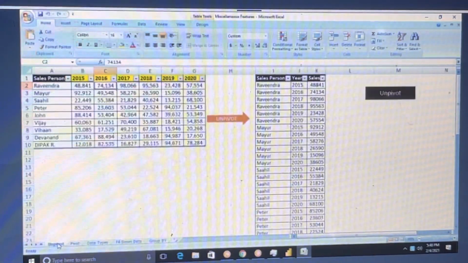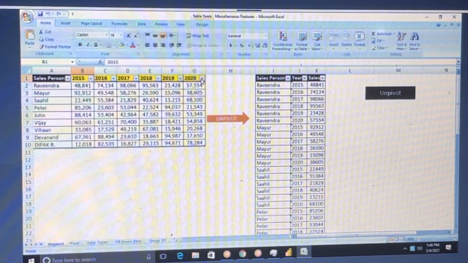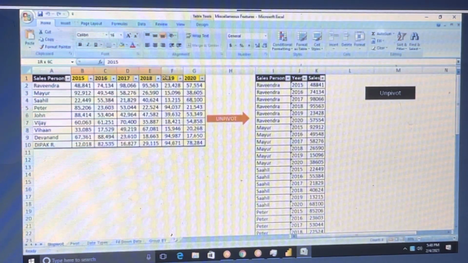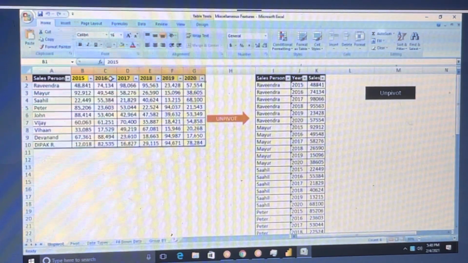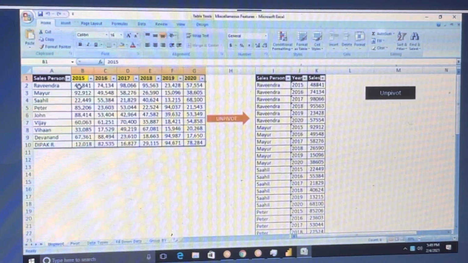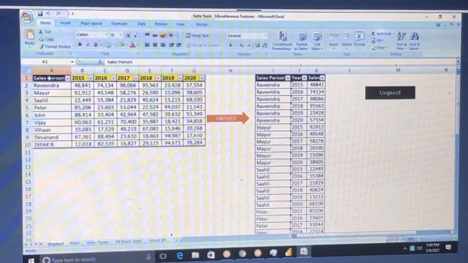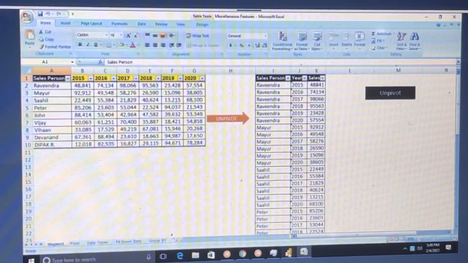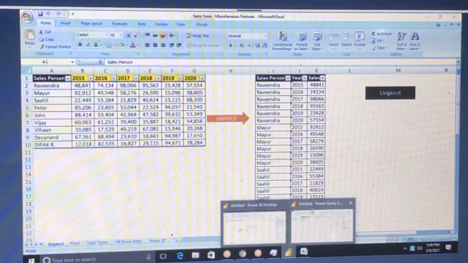Okay, how will we do the unpivot? See, here we have all the salespersons and the data at year level, but I don't want it like this. I want it like this. Everything is 2015, 16, not like that. I want to make all the 2015 values a year column, and this data I want to make as sales, with the usual columns we have. How will we do this? We have this data, and I want to make it like this. How will we do that?